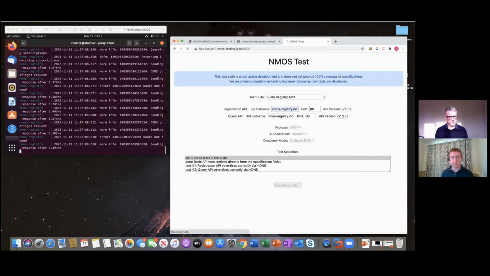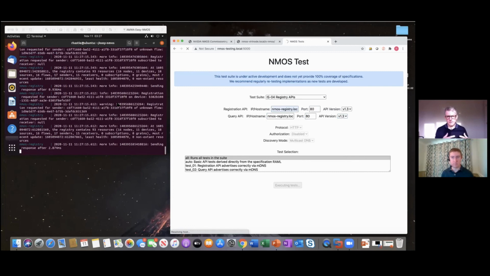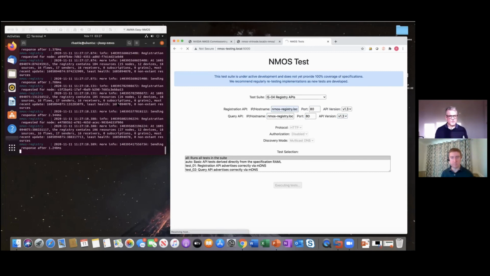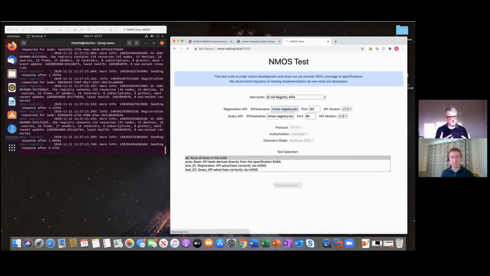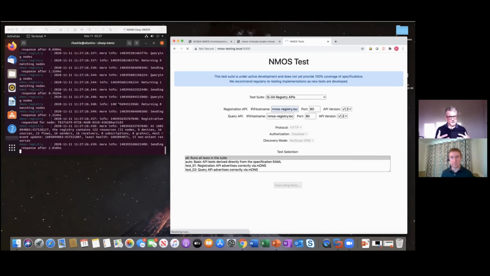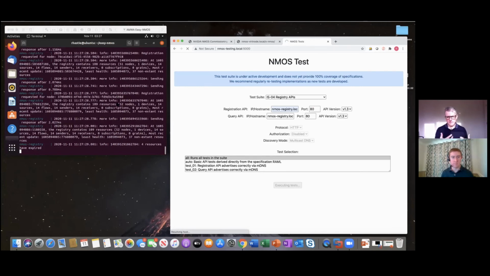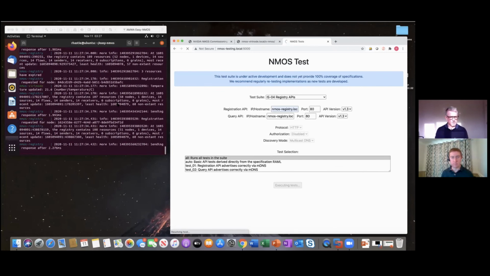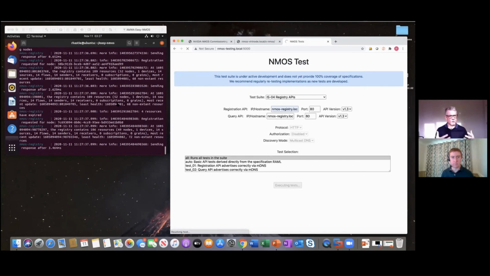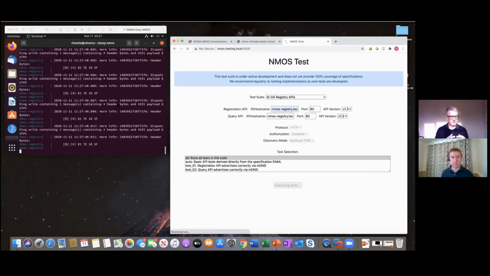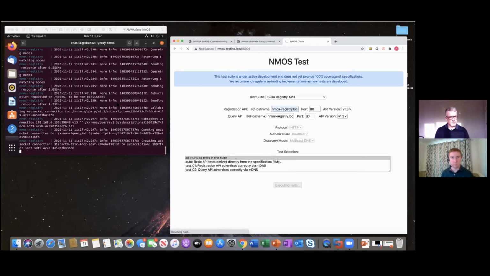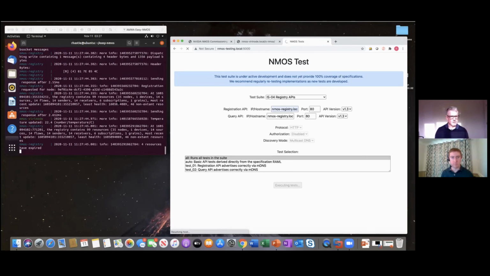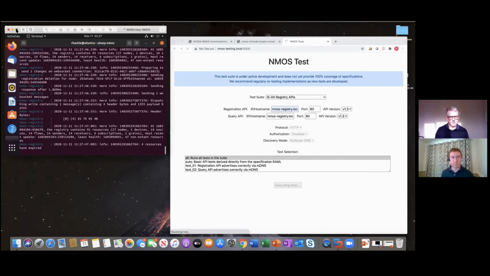Okay, and off it goes. You can see here that the registry is now reporting all of these tests as the testing tool is interacting with the registry. And this typically takes 60, 90 seconds to run through all of the tests. The IS-04 registry test is probably one of the most complicated ones. But what you can see here is all of the different tests running. You can see the responses coming from the registry in this window. And in fact, so you can see it a little bit better,